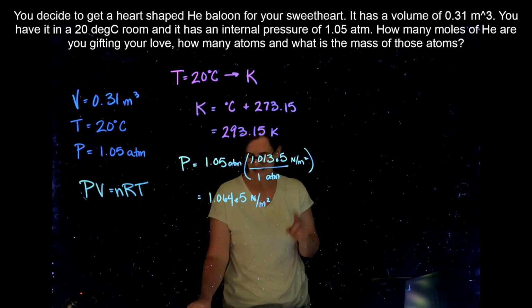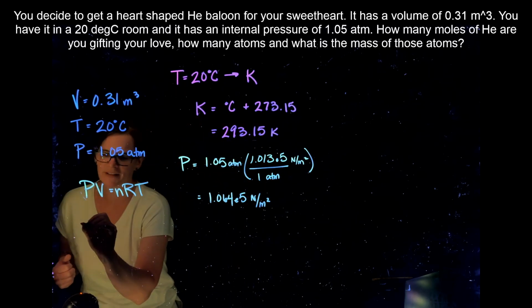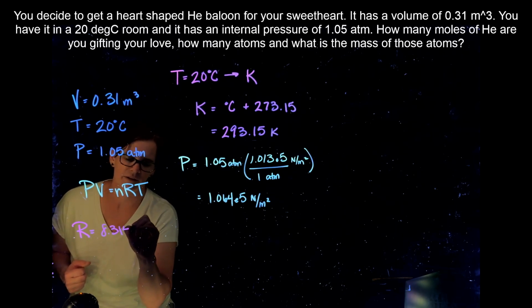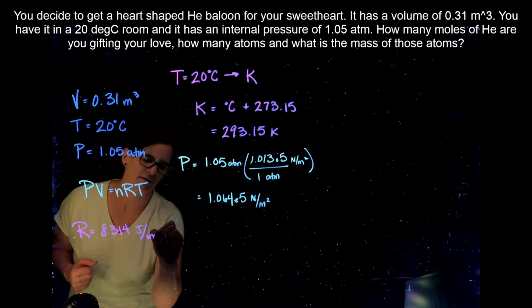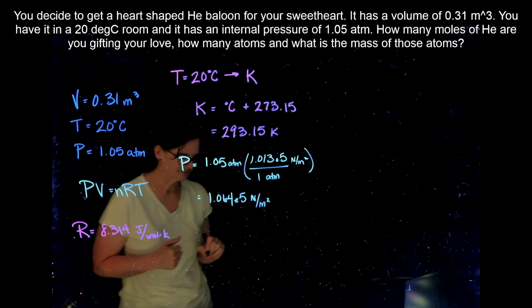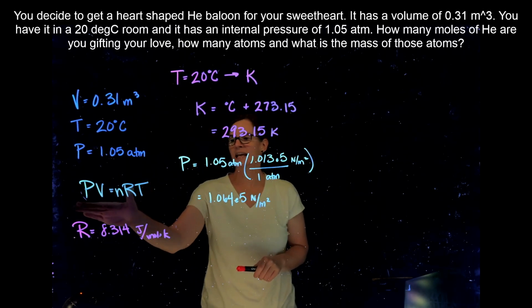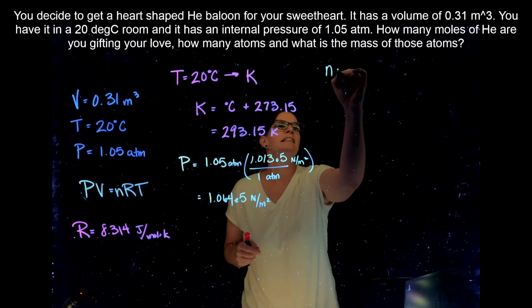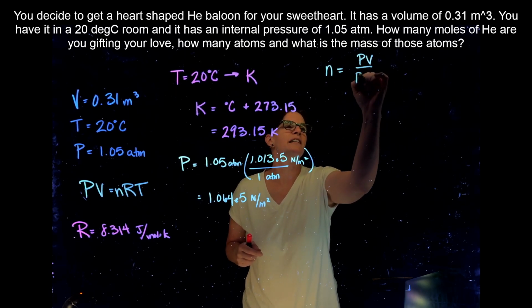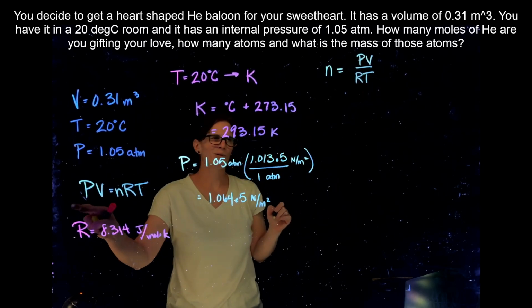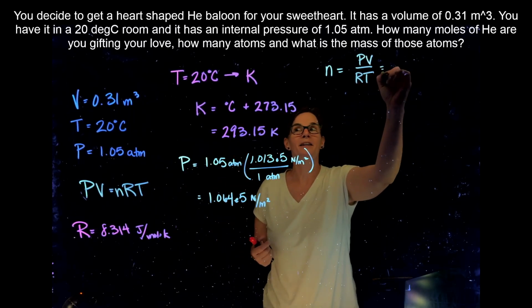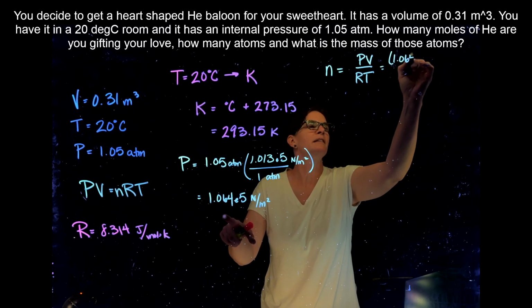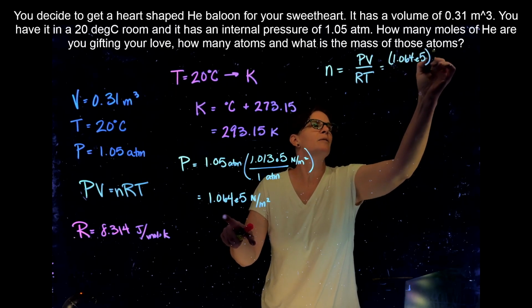Okay, given these standard units, then I can use R in its standard unit, which is a reminder, 8.314 joules per mole times Kelvin. All right, so taking my equation and rewriting it, I have n is equal to PV over RT. So I just divided by RT on both sides. And now it's pretty plug and chug. So my pressure, 1.064 times 10 to the 5th. My volume of